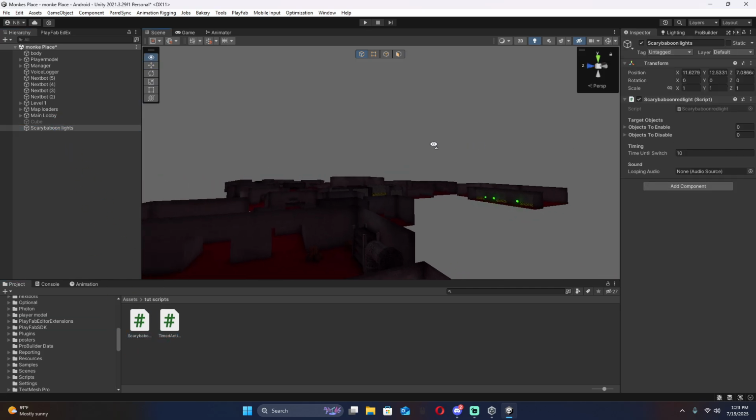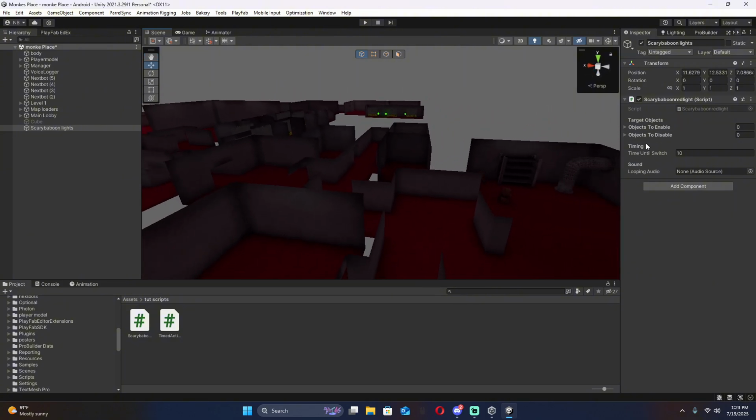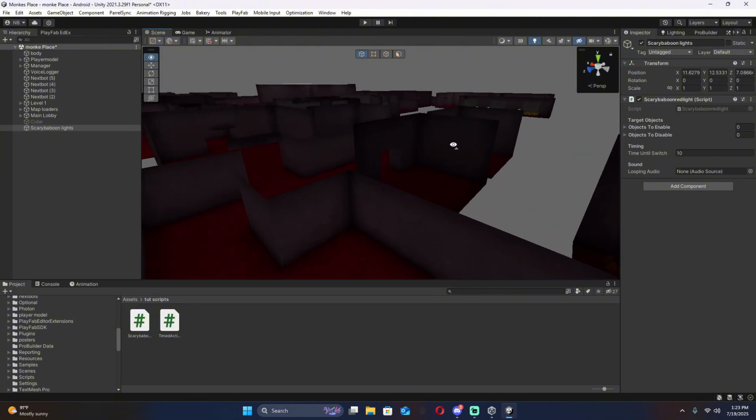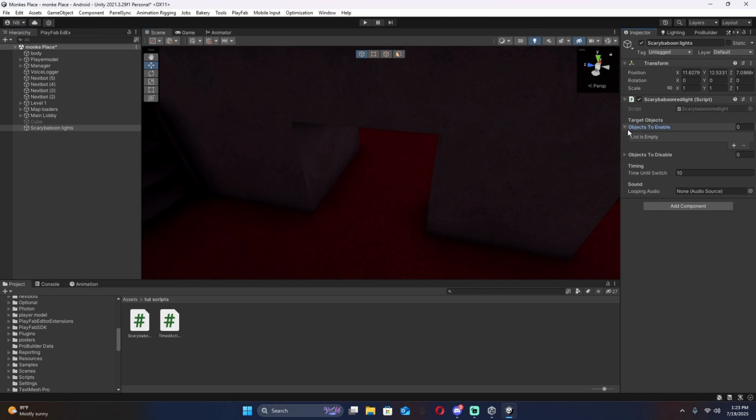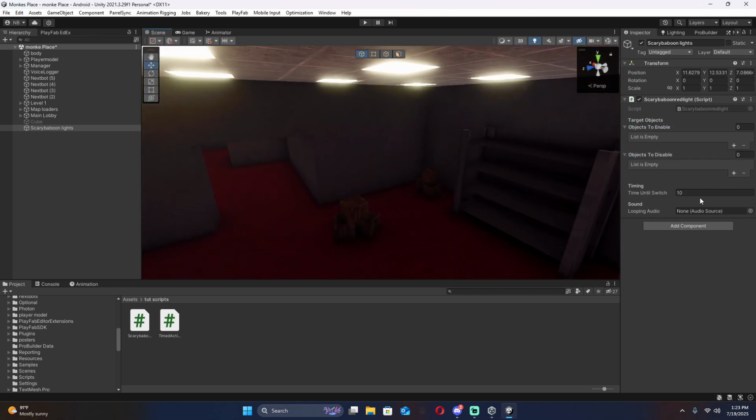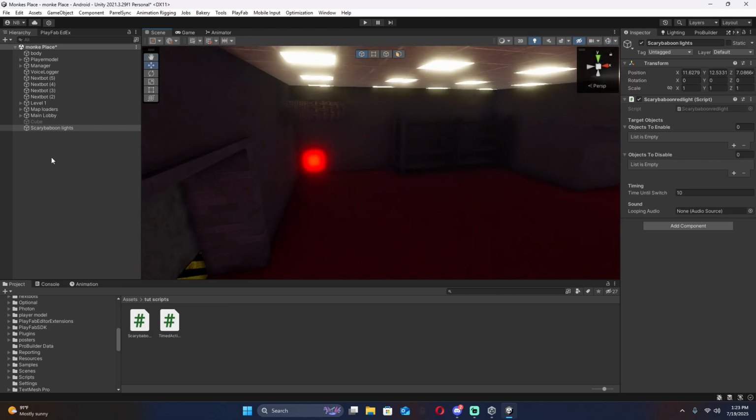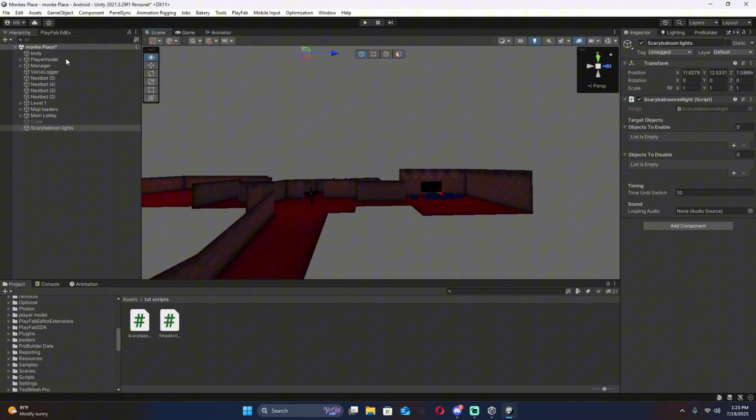If you're doing scary baboon, what you want to do is keep it here, and basically your objects to enable and disable, this is how much time you want. So this is how often. So I'm going to put this as, for a test, I'm just going to put it as 10 seconds,